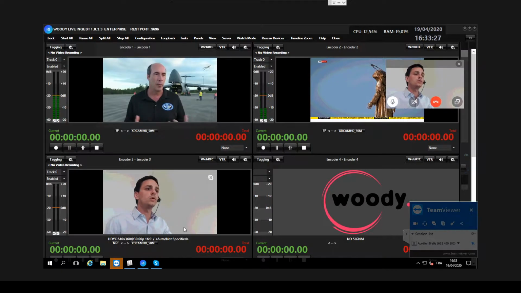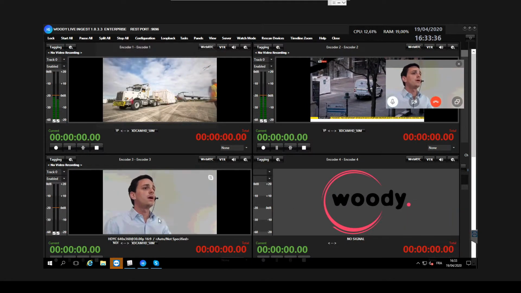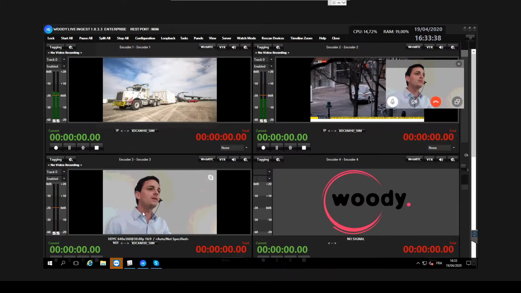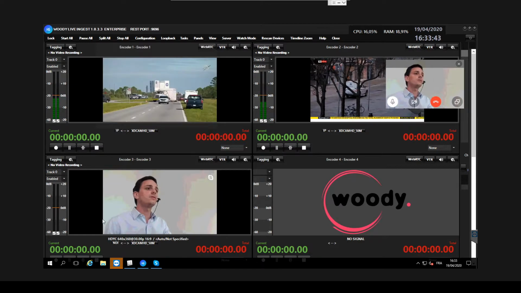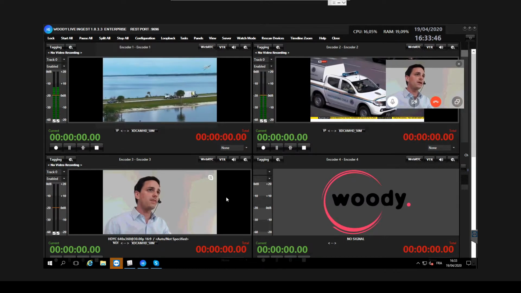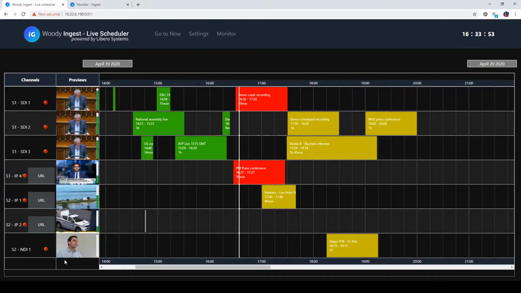So if I go to my server, I can see that my NDI feed, my Skype NDI feed, is being retrieved. Not yet recorded, but available in my Woody Ingest Live server. And I can now start a recording either directly here from the thick client of Woody Ingest Live that runs on the video server itself, or I can start the recording from my web browser, where the thumbnails have been updated now. So as you can see, SDI, IP, NDI feeds are really easy to record with Woody Ingest